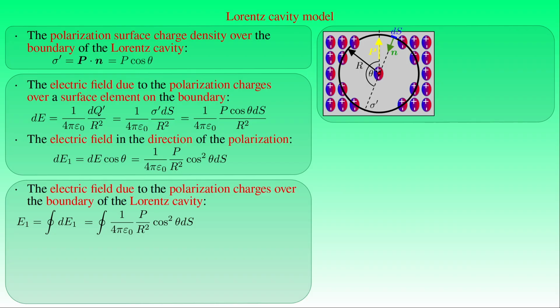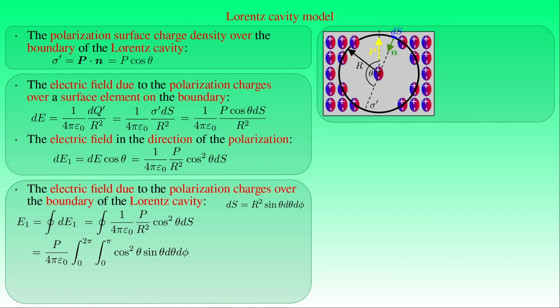Here the surface element ds can be written as the square of the radius r of the sphere, times the sine of the angle theta times the differential of the angle theta, times the differential of the azimuthal angle phi in the spherical coordinate system attached to the center of the sphere, such that the polar axis of the coordinate system is parallel with the polarization field P. As a result, the magnitude of the electric field E1 is equal to P over 4 pi times epsilon naught,